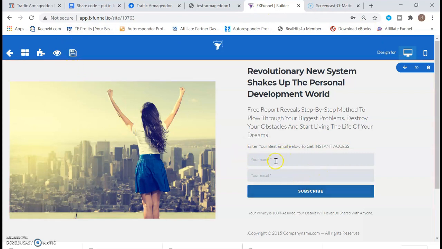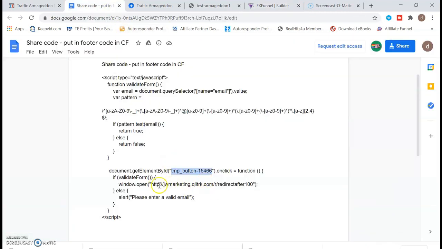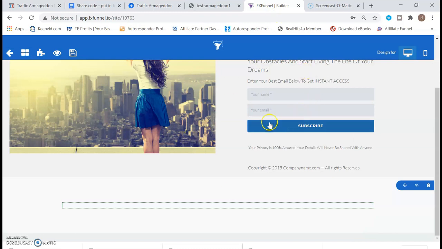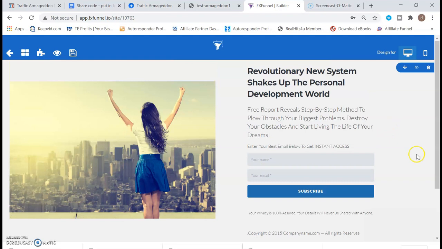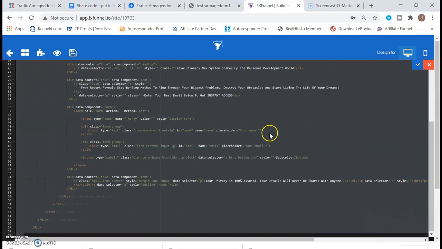When you enter the name, email ID and click on the button, then it will open up two pages. One is the thank you page, which is by default, and another page is what is given over here. This other page will open up, right? But how does this page know when this button is clicked? So just to set that up, I'll click on this code part, and you just have to